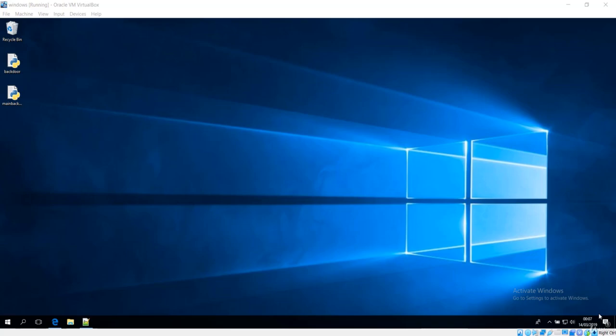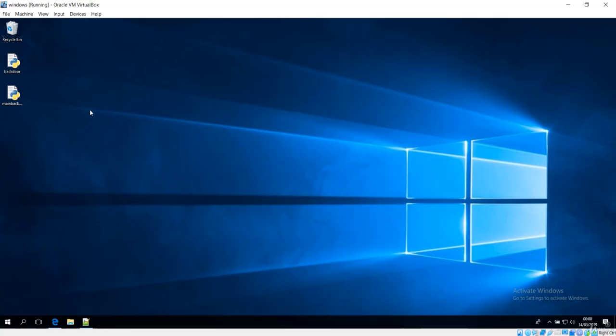Now let's see how we can convert the Python files into executables. So we have completed our backdoor in the previous sections, lectures or videos. So we have completed this complete backdoor. So let's convert this backdoor into an executable, and let's see which of the antiviruses can detect our backdoor.